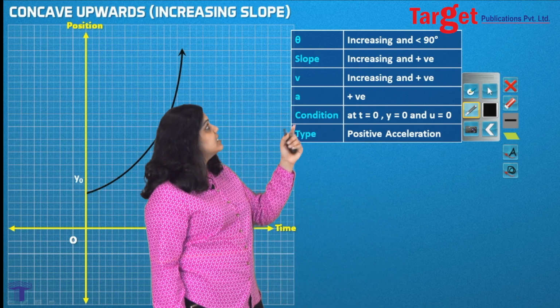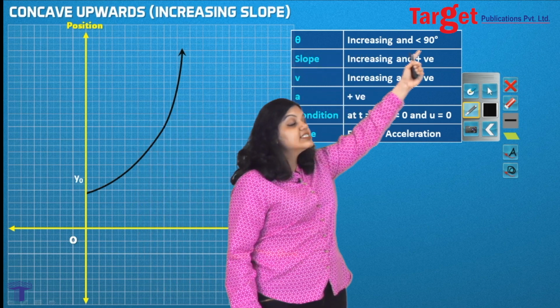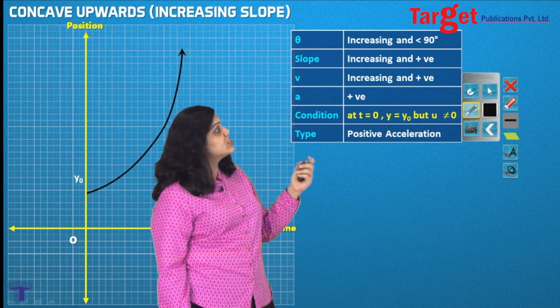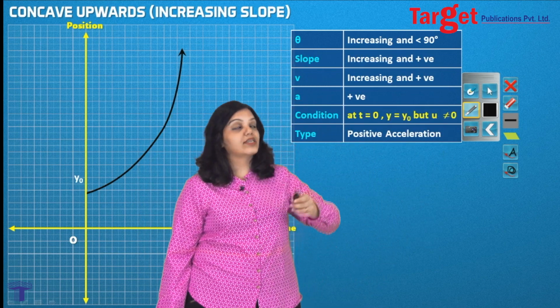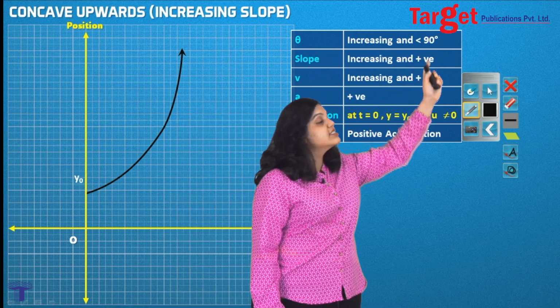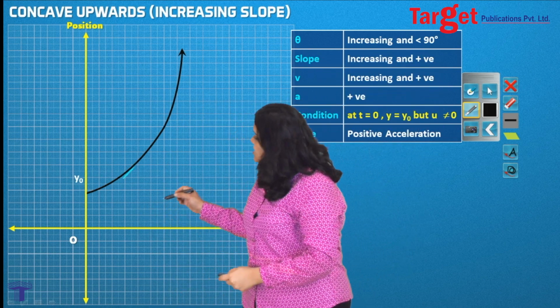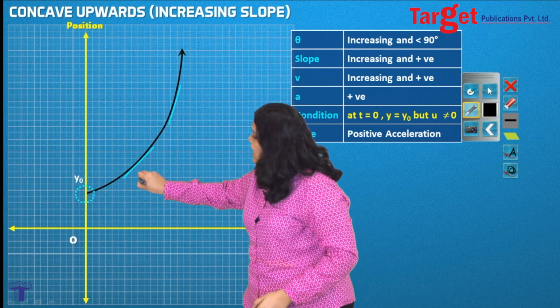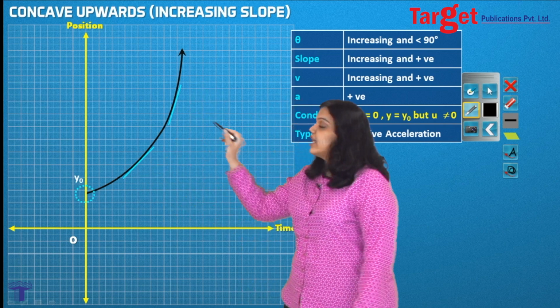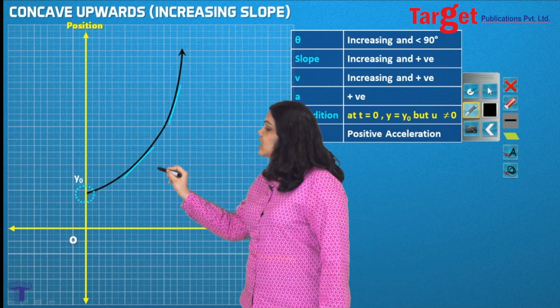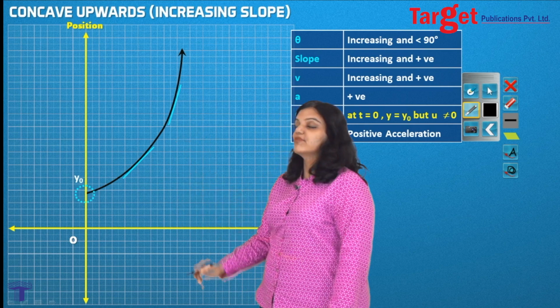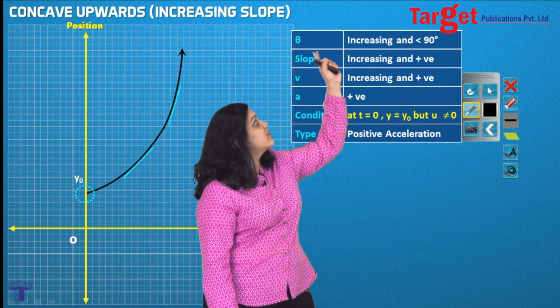Let's go through all the properties. The angle increasing and less than 90. There is no difference between the previous one and this one when it comes to the angle. The angle is increasing and less than 90. That is, if you draw these tangent lines and take a look at the angles these lines make, you will see that these angles are acute. They are increasing, but they are still less than 90. So the first point is